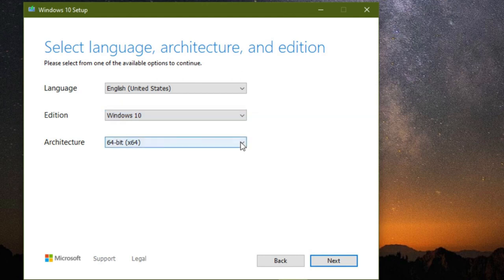Here we have two types of architecture. For example, we have 32-bit, which is meant for old computers. Old computers, I mean very old computers, right? For example, if your computer has Core i5, Core i3 or Core i7 processors, you can run 64-bit, and 64-bit is highly recommended, right? If you're not sure, you can check your computer, or to be on the safe side, you can select both, but it's going to take a lot of time because the volume is going to increase, as it will include both installation files. I'm sure my computer can support 64-bit, so I'm going to select 64-bit